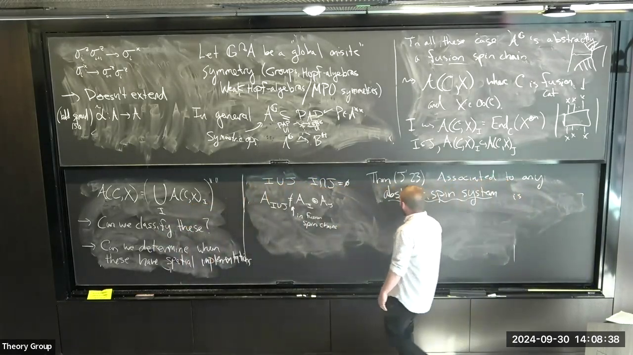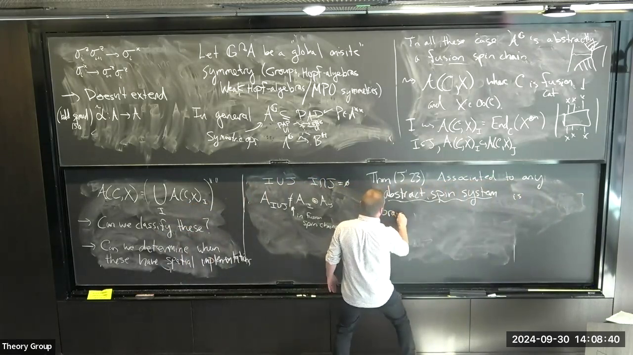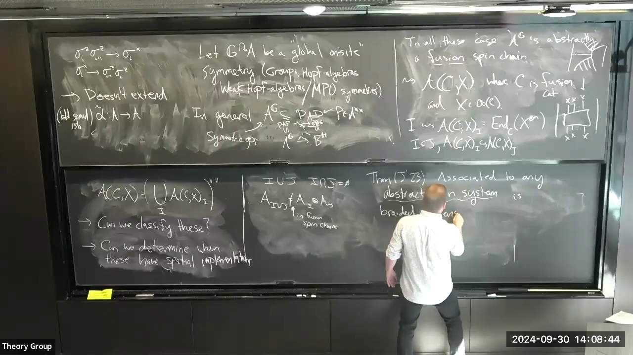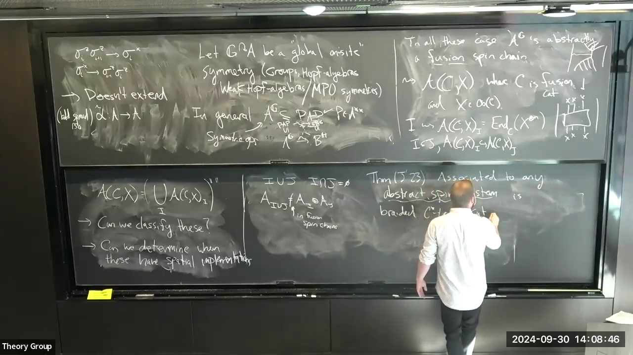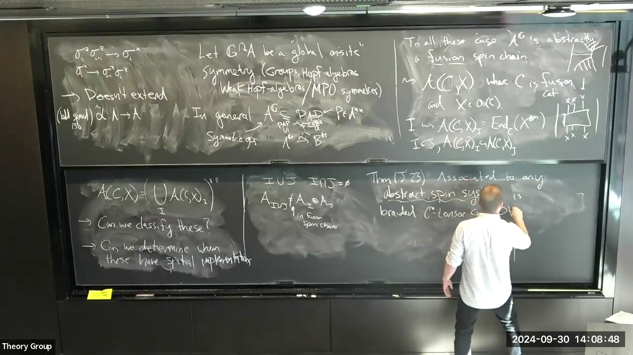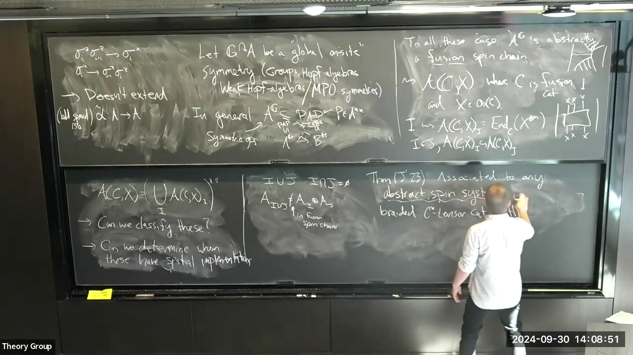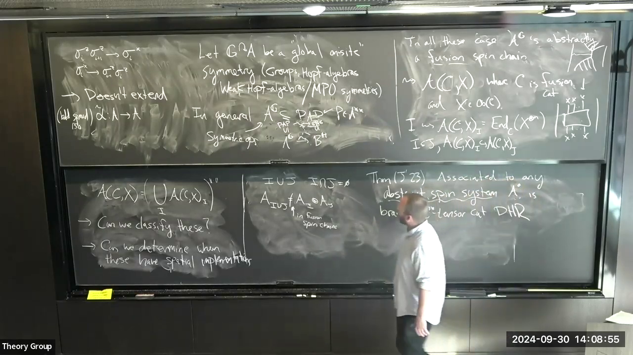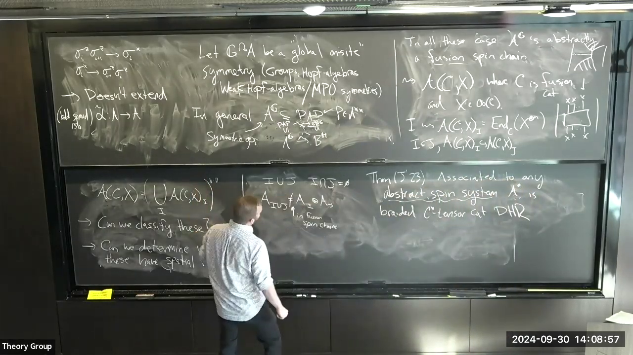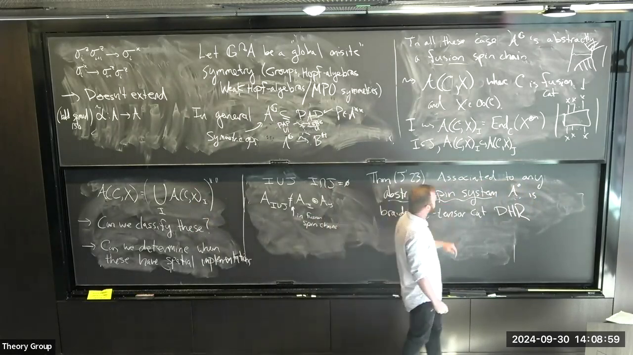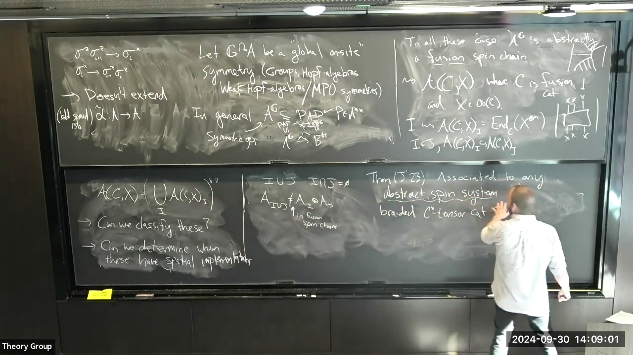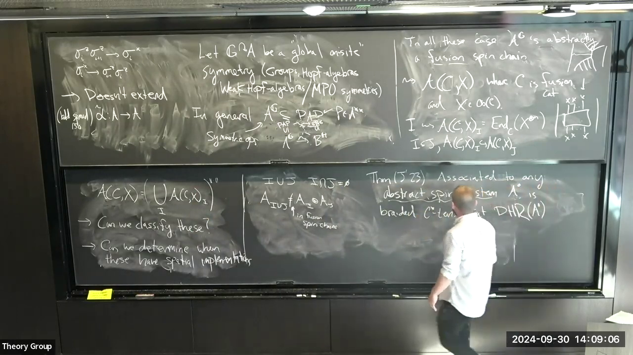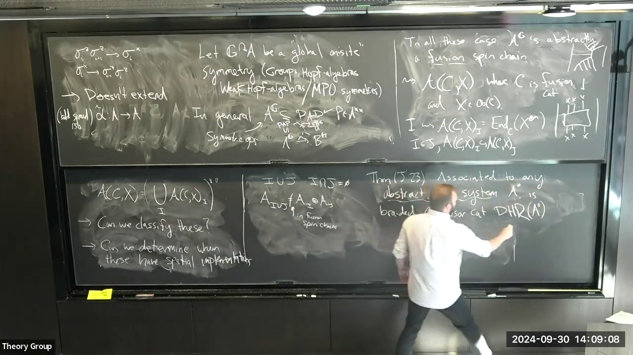So associated to one of these is a braided C-star tensor category called the category of DHR bimodules. I'll call my abstract spin system A circ. I'll use the circ so that I reserve just A for a real concrete spin system and A circ for one of these abstract things. So it's a braided C-star tensor category, DHR of A circ. Okay, and